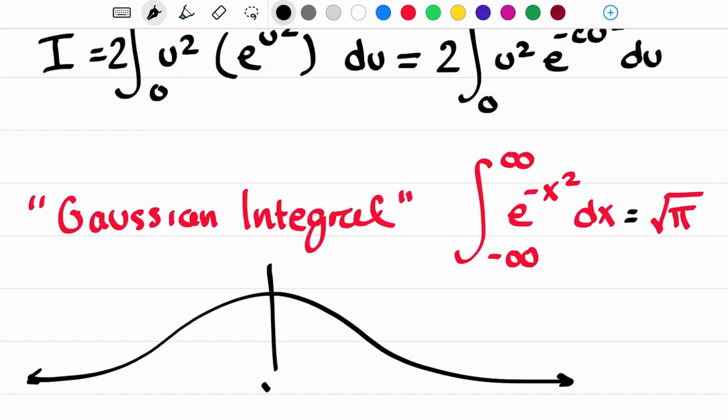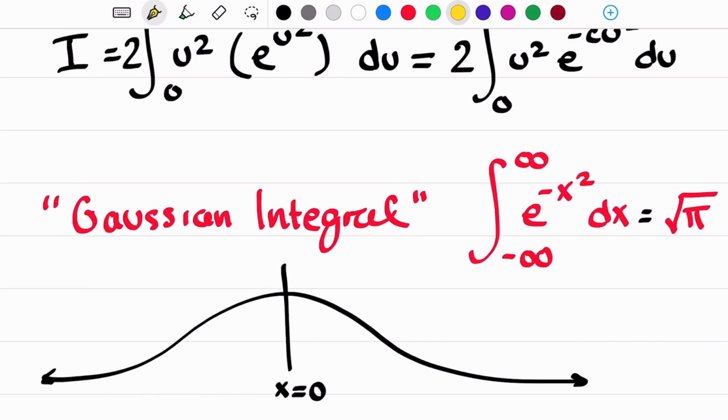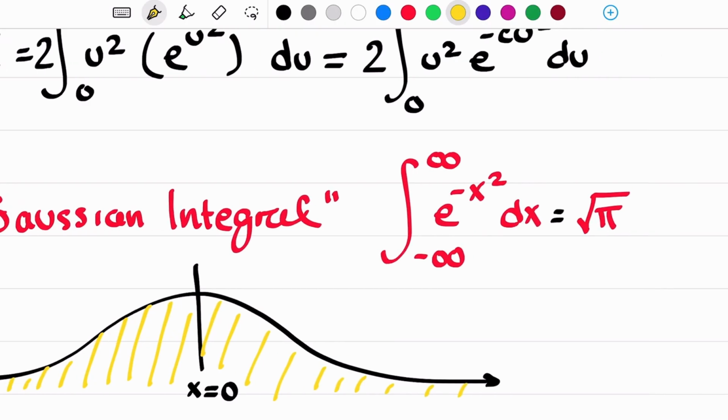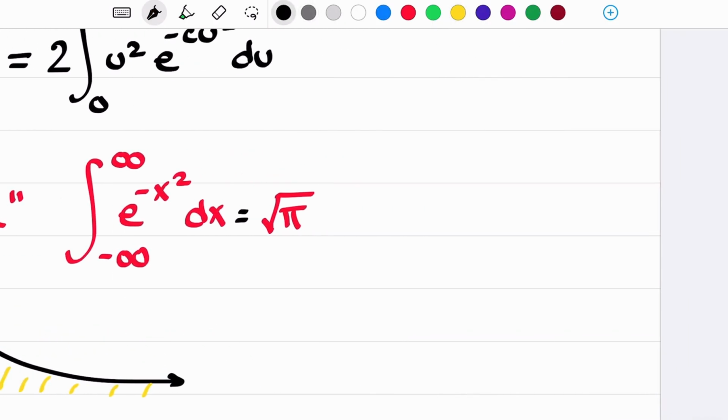I'll draw them at line x equals 0 here as well. So the area underneath this curve, which I guess I can do in yellow, that is just the square root of pi. Now, why is this function important? Why have we calculated this? How have we calculated this? I'm not going to go into how we've calculated it in this video,